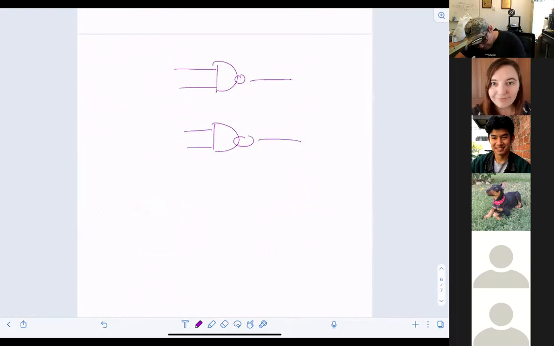My nose. Anyway, so here and then there,